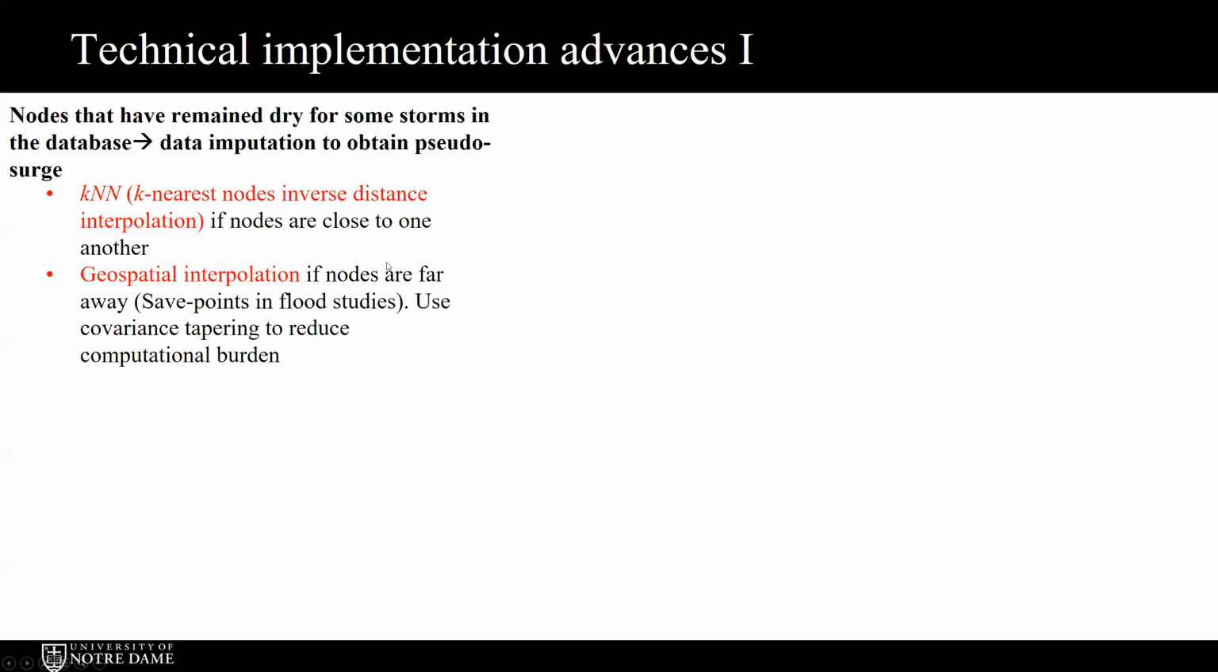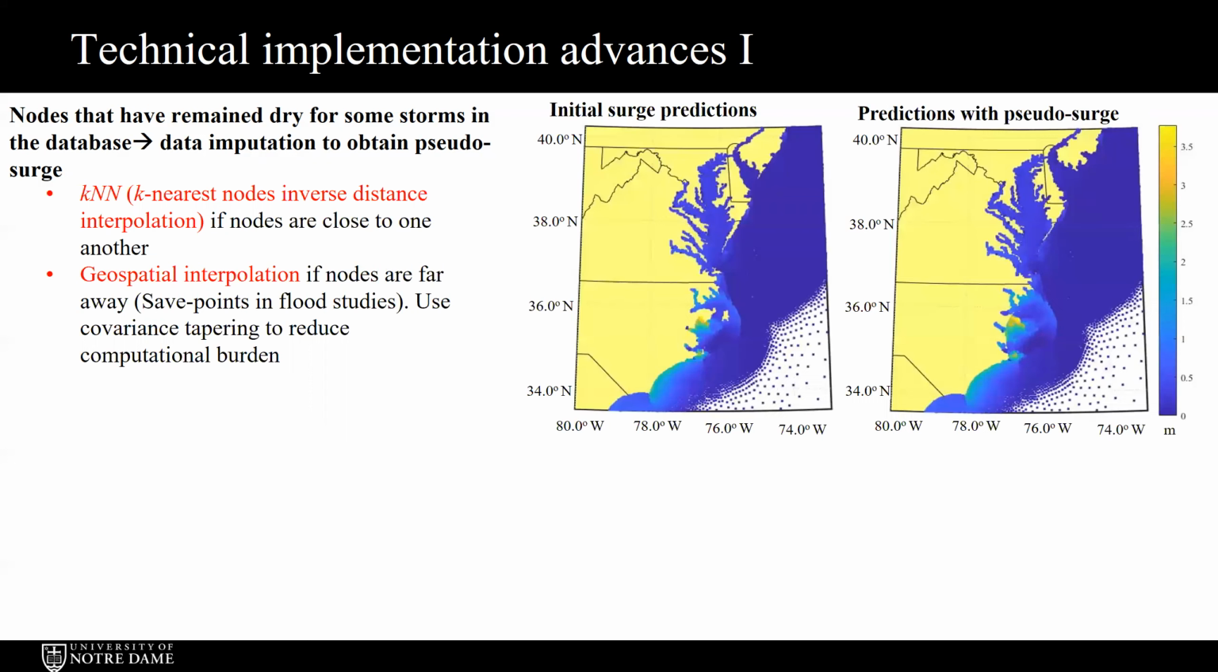In the next 2 slides, I will briefly discuss and provide some references on some technical implementation advances that have been done over the past decade. So for nodes that have remained dry for some time in the database, we need to do some data imputation to obtain what we call the pseudo surge. This is necessary in order to be able to exploit the whole database for creating a surrogate model for the surge. And you can view this as correcting some bad pixels in the storm surge picture that each